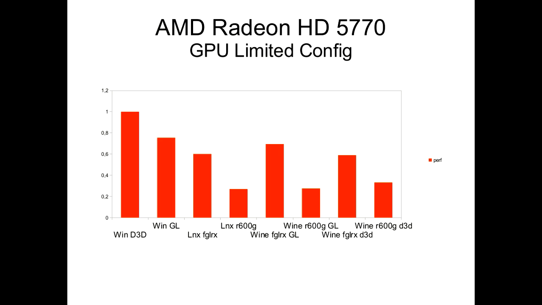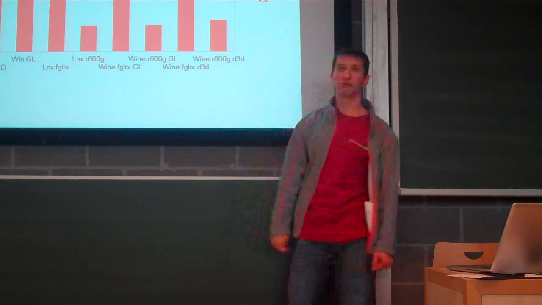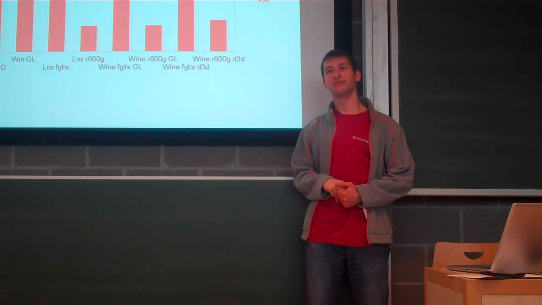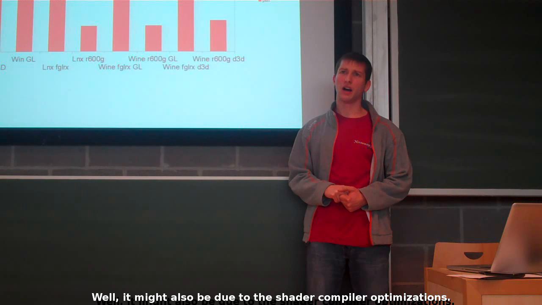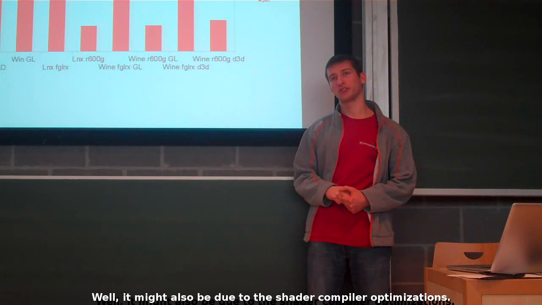It seems to me that R600G runs into memory pressure, and when that happens, performance just tanks, which is mostly what you're seeing in these cases. Direct2D applications didn't run into memory pressure, so it seems that we outperform native GL, yeah? Well, it could also be due to the shader compiler. It really doesn't... No, optimization. Yeah, possibly, but